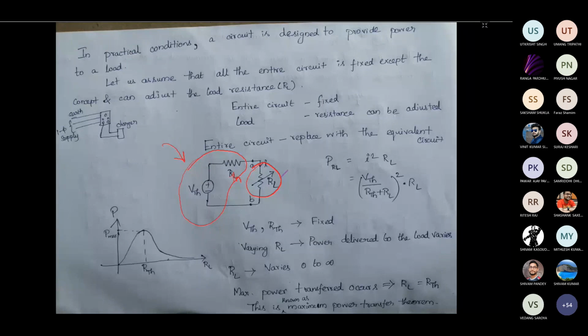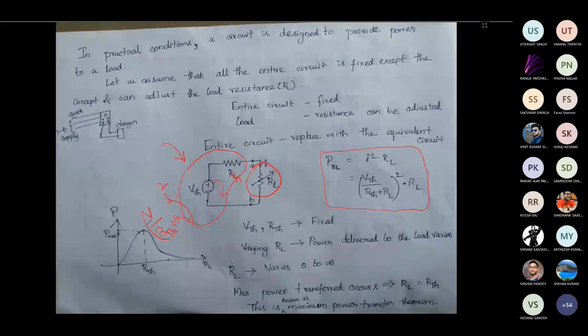In that case, the power can be obtained using this formula. Power is nothing but I squared into R. The current flowing through the circuit can be found using I is equal to V divided by RTH plus RL. Then I squared is given by the square of this term. Now when you have RL equal to RTH, you can supply the maximum power to the load. Okay, so this is the graph.